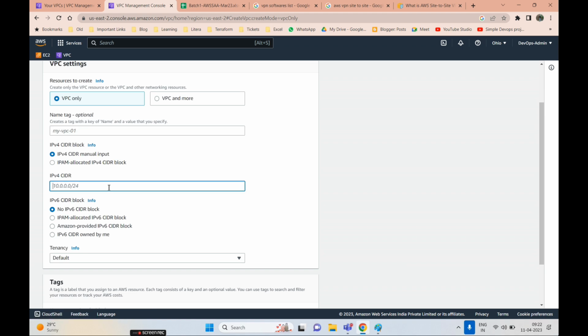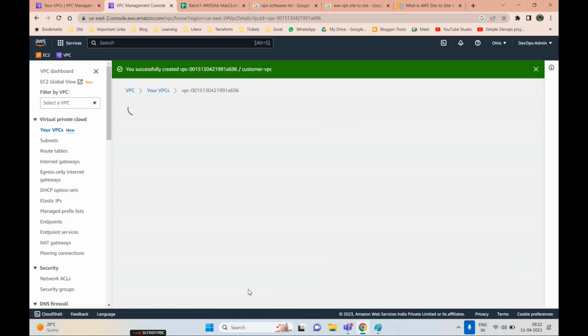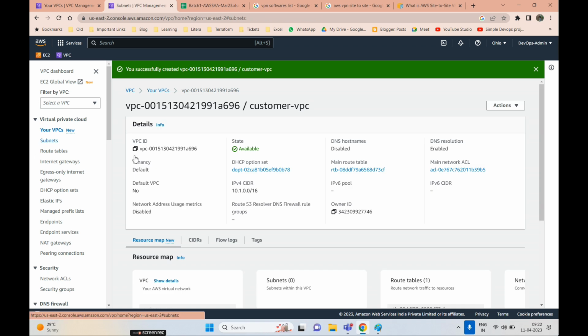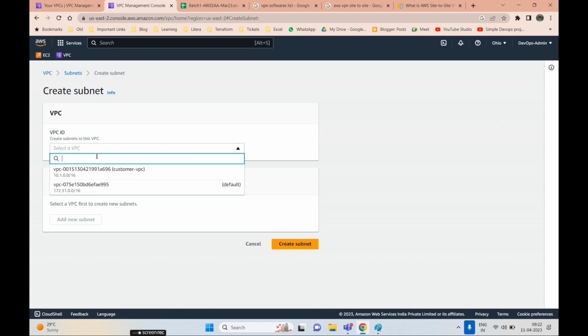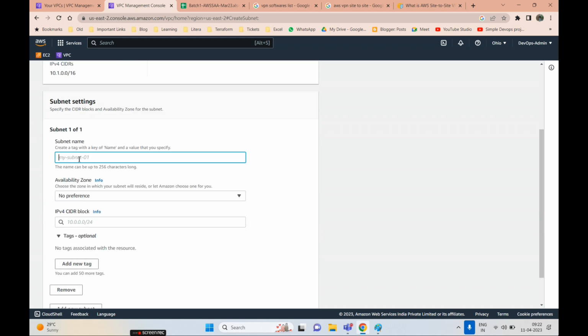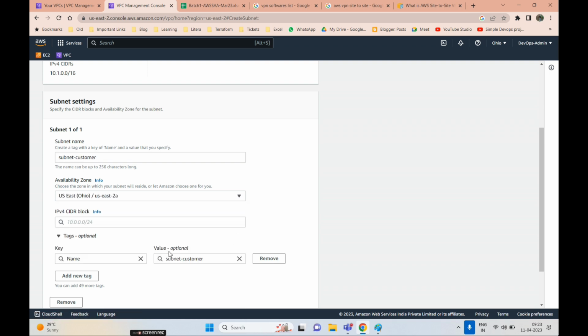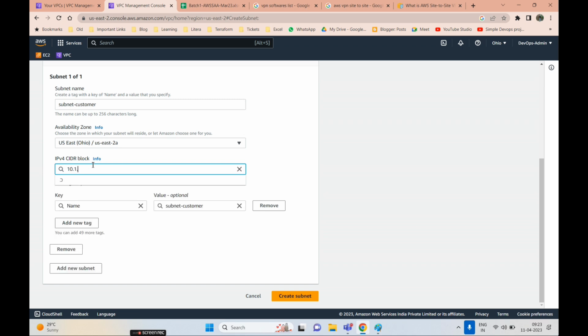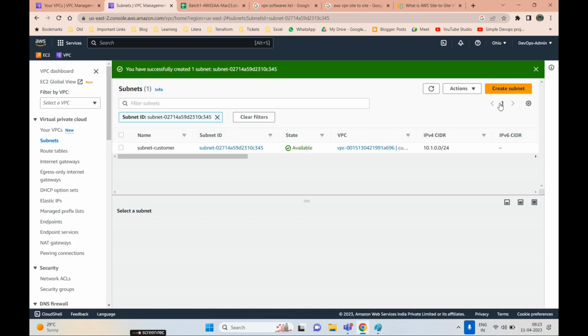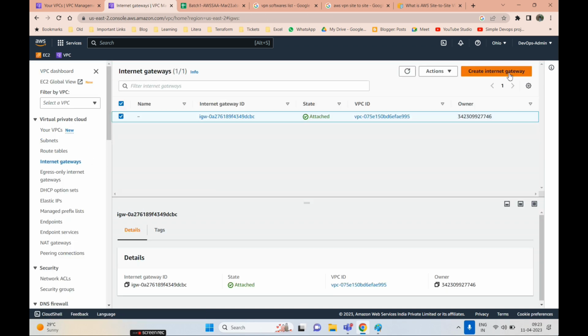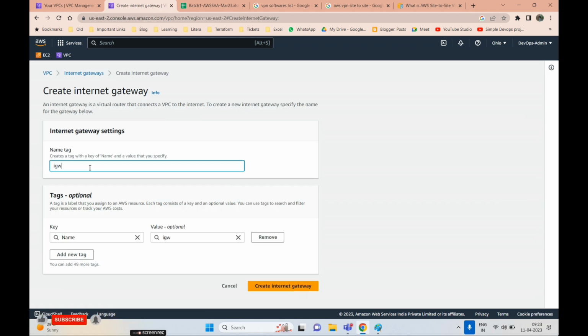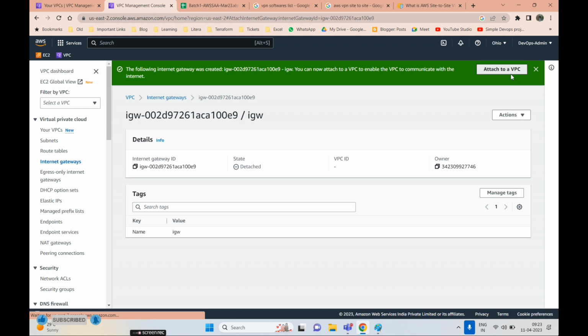I'll name it customer VPC. Okay, create subnet in the customer VPC, I'll name it customer subnet. Any availability zone, I'll give that CIDR range /24, and then I'll go and create an internet gateway. Create, attach with VPC,